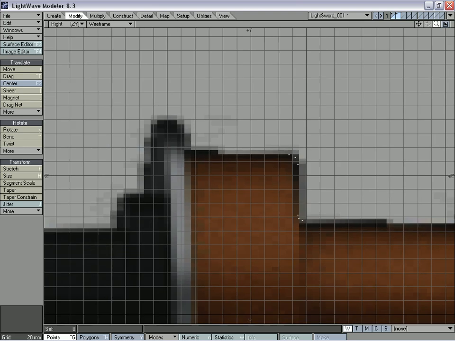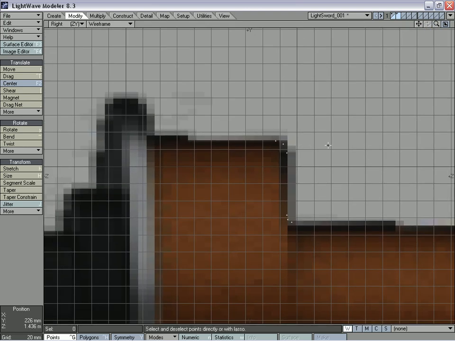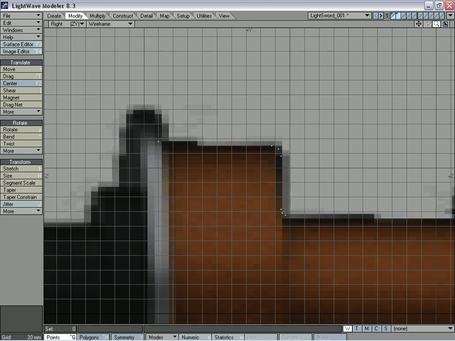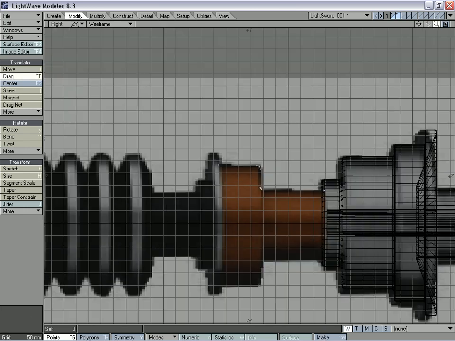And we seem to have lost that point right there. It's probably still selected, and we deleted it along with this one, so we're just going to add that point again using Shift and plus and right mouse clicking and creating that point. And this one is also angled down slightly, but maybe not that much. Okay,